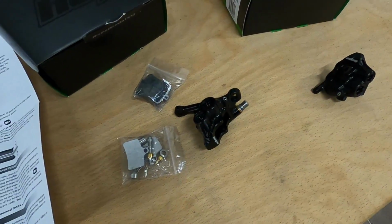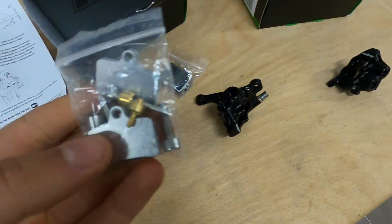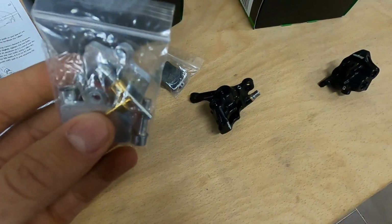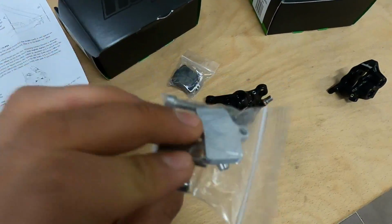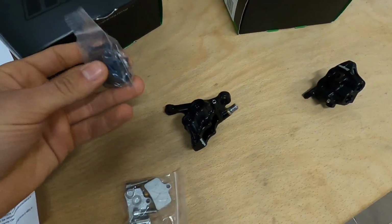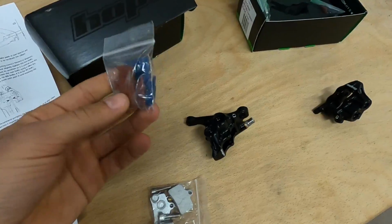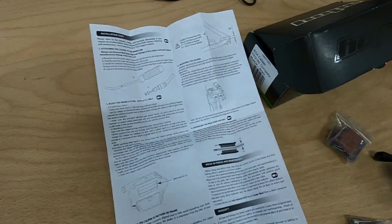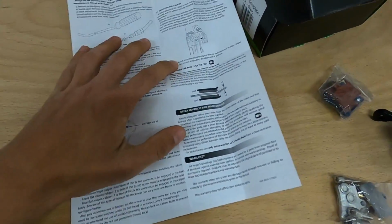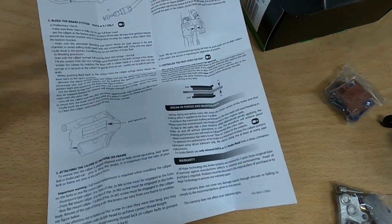What you do get with the brakes are the fittings for the brake hose, because it will be slightly different than the standard caliper. Then you get, of course, the bleed blocks and two sets of brake pads for each, so that's nice. I presume one of them is organic, the other one is metallic. A manual which basically covers how you install the hose, and the rest of it is basically the same as